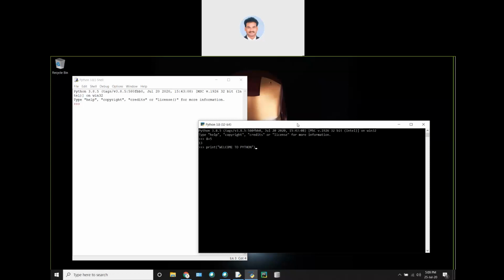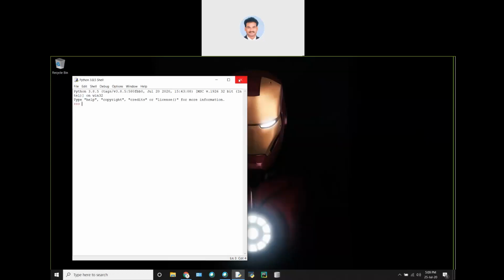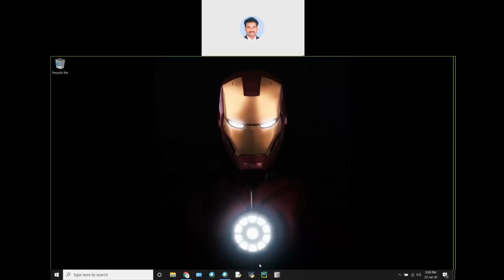We can write like this, and the output will come like this. We can use single quotation marks for strings also. This is how we use it, and PyCharm is ideally the same thing, where we can write the programs. I have shown you just the installation part, not the working part.